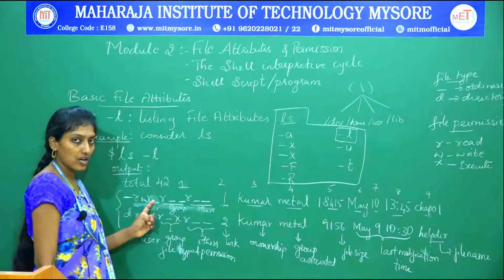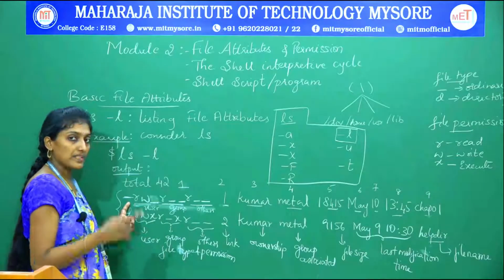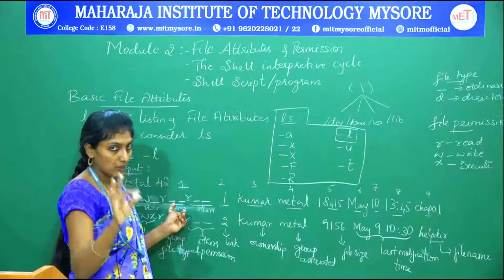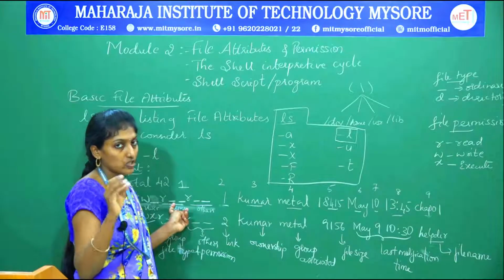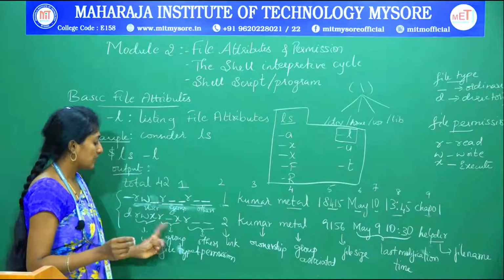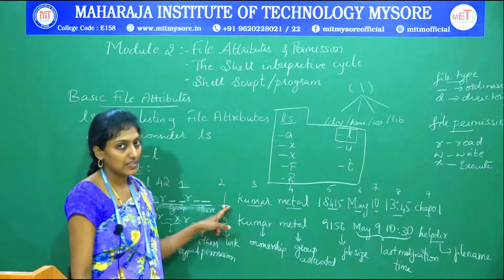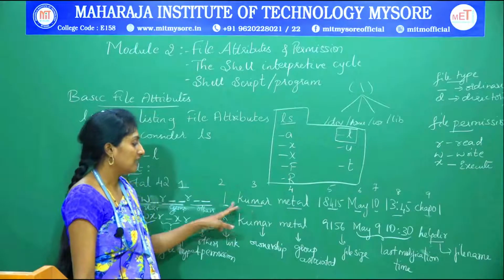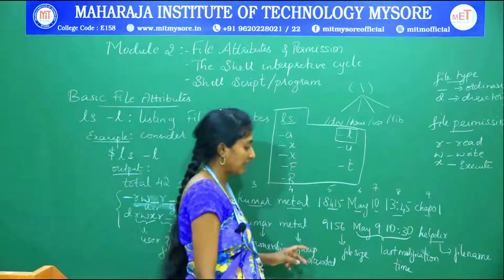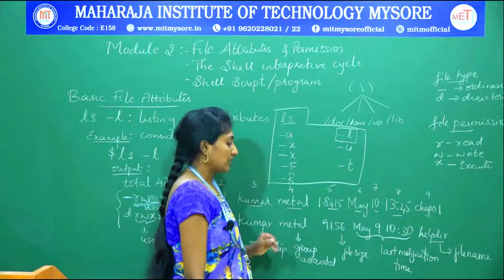The first content is what? File type and permission. File type represents an ordinary, device or directory file, and for permission we have 3 categories: user, group and others, whichever it belongs to. Next, the second column is the link, whether that file has been associated with any other file. Next is the ownership of the file, then the group, to which group this file has been associated.